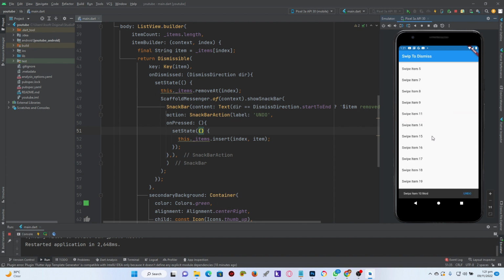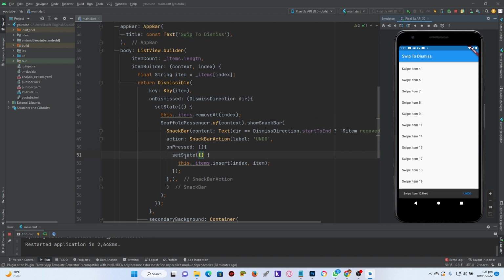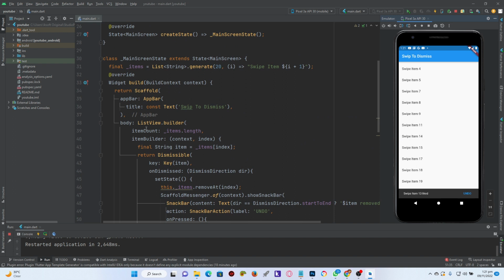Before we go, let's do a little recap on what we did. We added a ListView.builder, and we set the length of the items to the final items we created as a list, which we generated into 20 items, and we used i to represent the integer, to represent the index, and we added the text here which needs to be shown